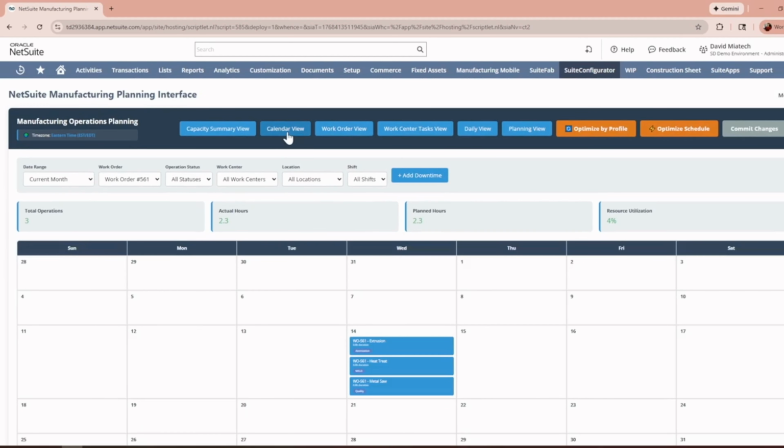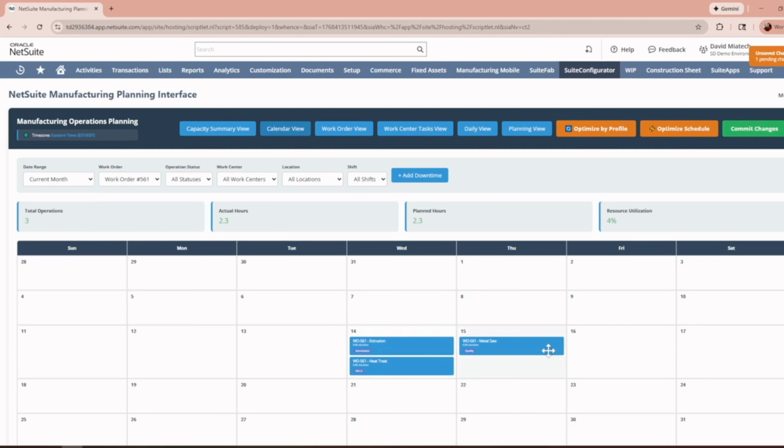And one other piece to mention here. This system is built with planning in mind. So as you can see, I have 3 routing steps for my work order 561. I can go ahead and click and drag and move these around the calendar. So the first thing I want to highlight is as I click and drag this, you'll notice up in the